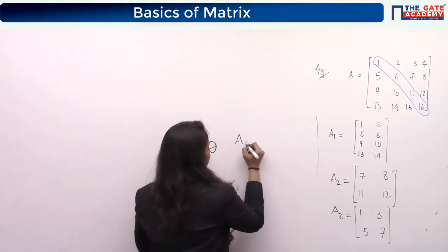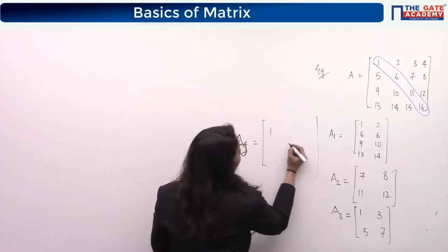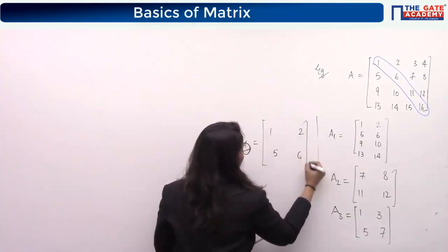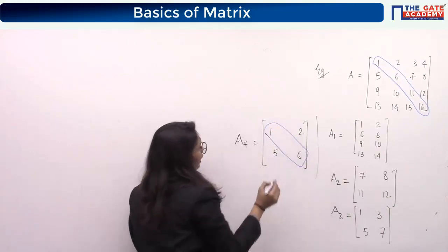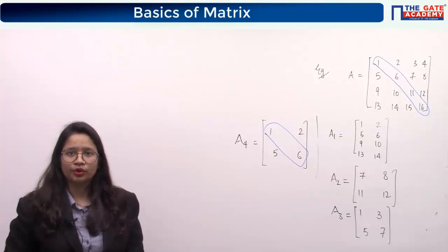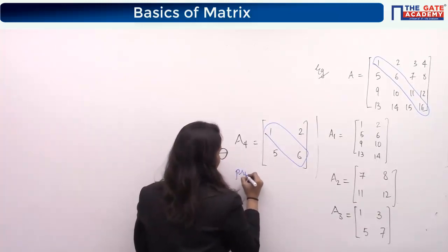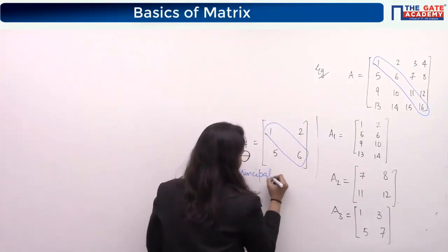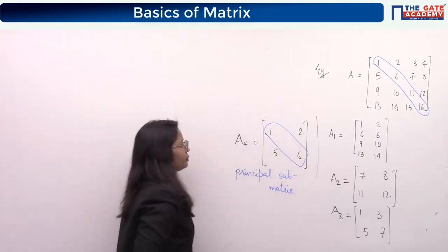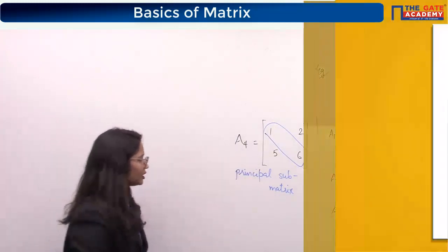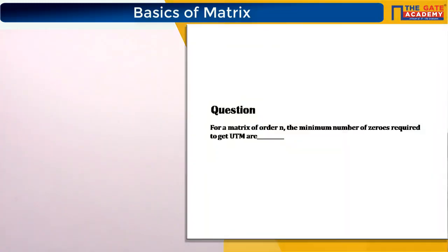And if I say that A4 is a submatrix, which is this, then this will be a principal submatrix because its diagonal elements are the diagonal elements of A. Okay, so this one is a principal submatrix. Write it down in the form of an example so that the definition will not be necessary for you afterwards. You can just see the examples and follow the definition. And attempt the first question.